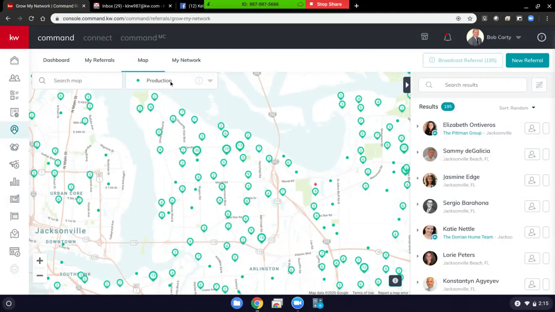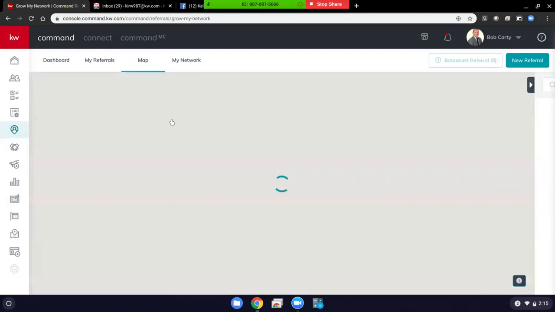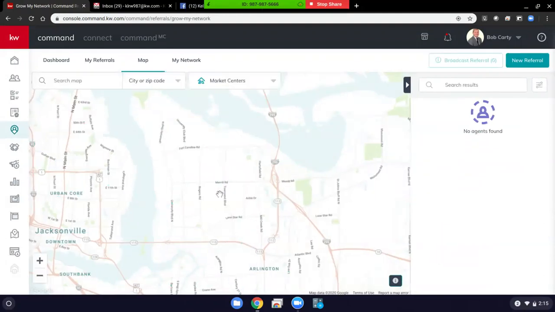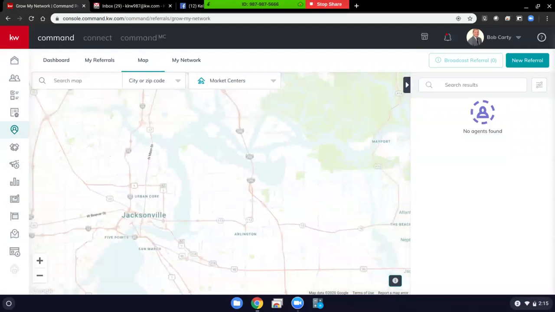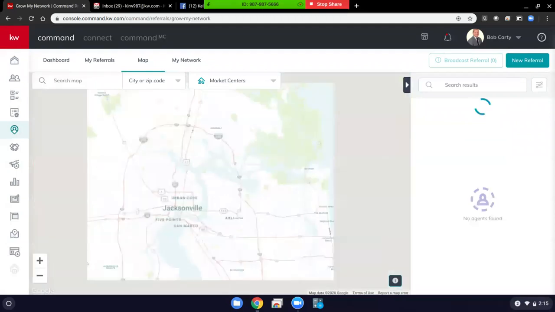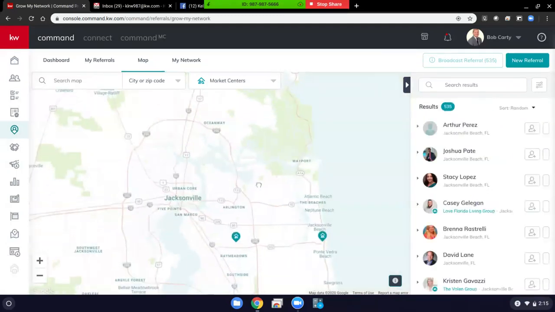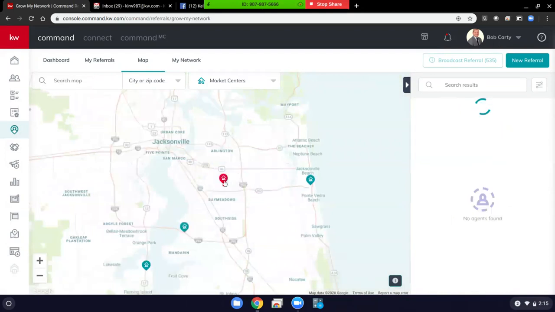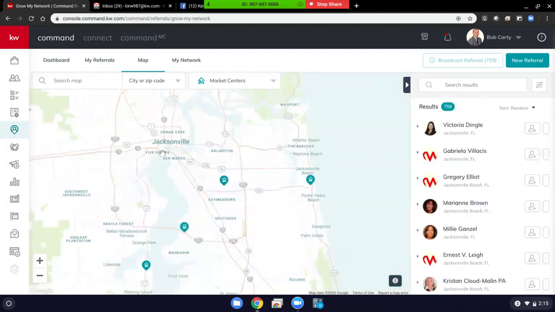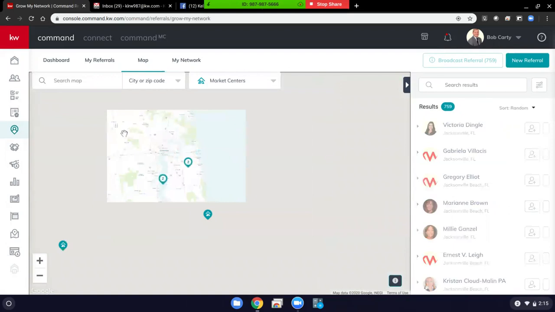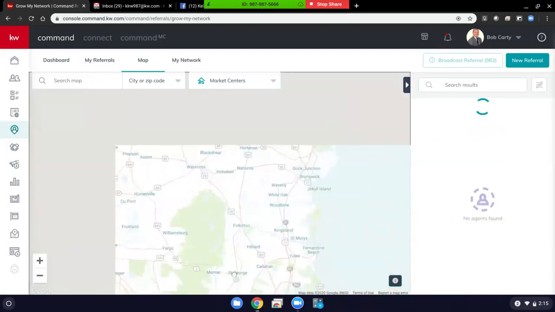Another way that you can do it instead of production, and this is my preferred way, I think it's just a personal preference, frankly, is market centers. And so when you do that, let me zoom back out here. It will, sorry, my zoom's being a little slow, show you actually where market centers are located in a particular area. And in some other areas, let's say if I wanted to move to Atlanta, where we know there are quite a few market centers,